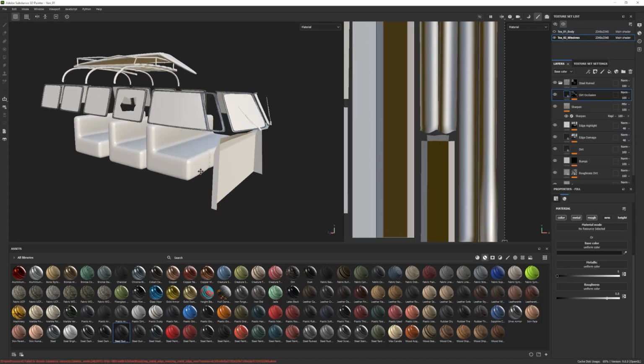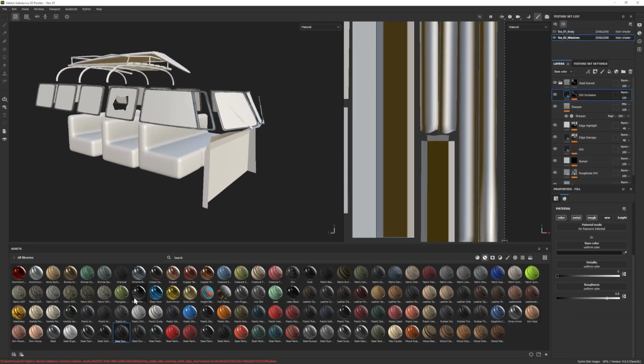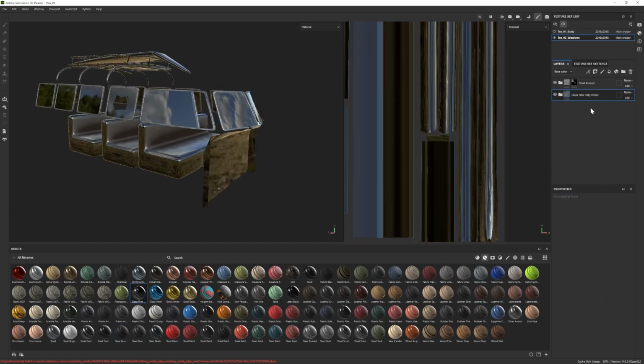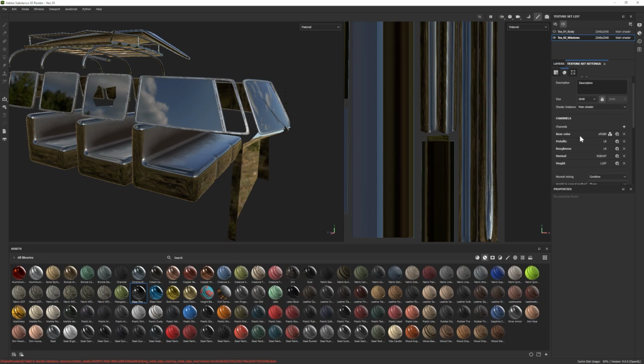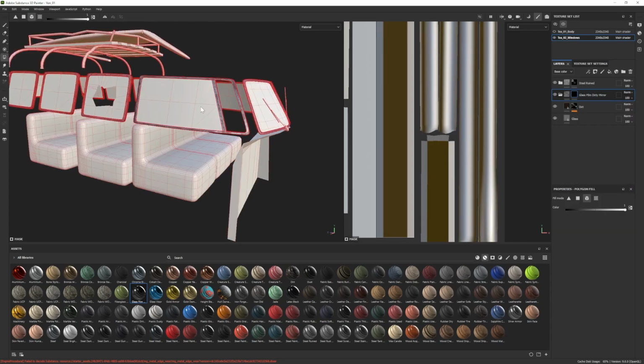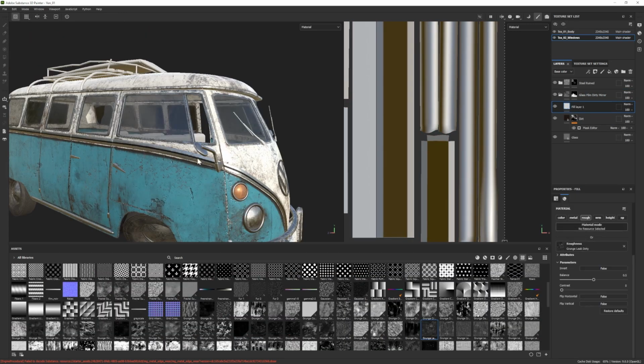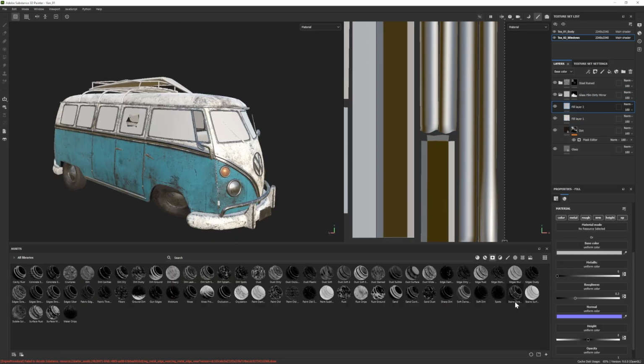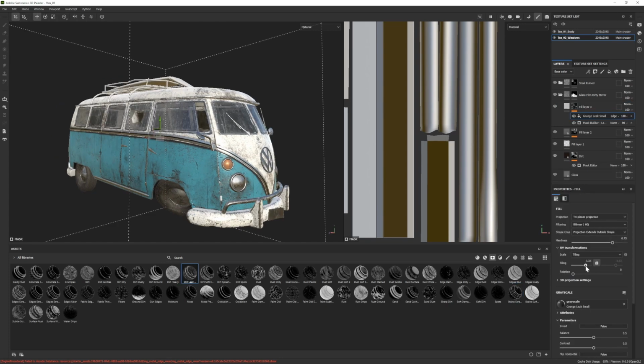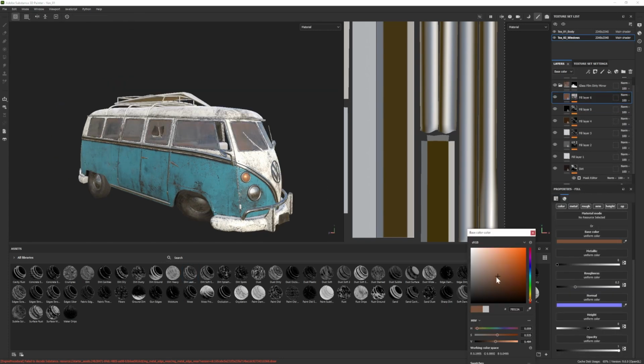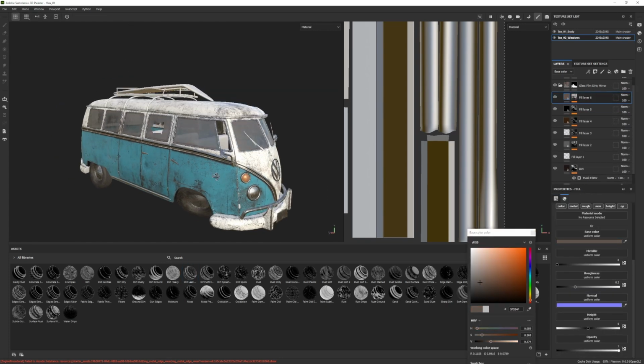Alright, so next up was moving on to the next texture set. So I wanted to start off with those windows, so I used that glass film smart material, and I made sure I had an opacity channel applied to this texture set, and then I can assign that material to those windows. Now, of course, they're going to be very clear, and this is an abandoned van, so we want to really dirty up these windows by adding different grunge and dirt effects